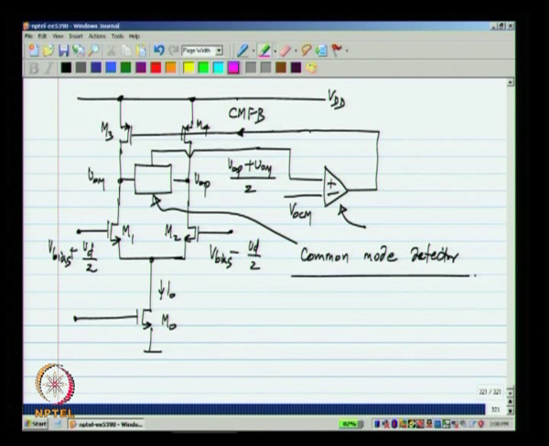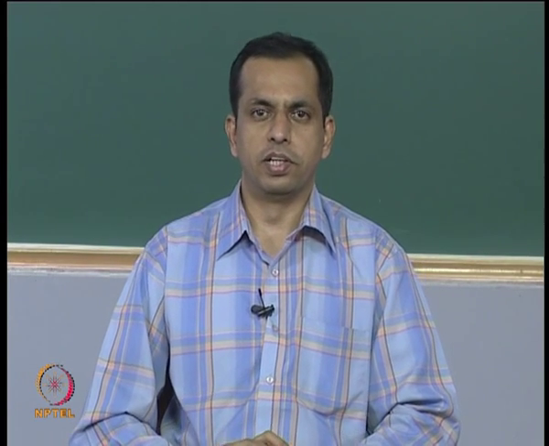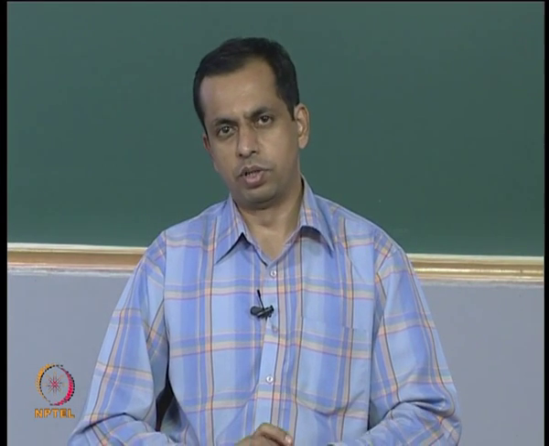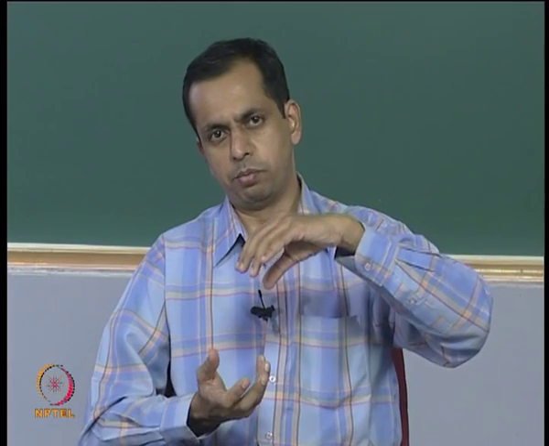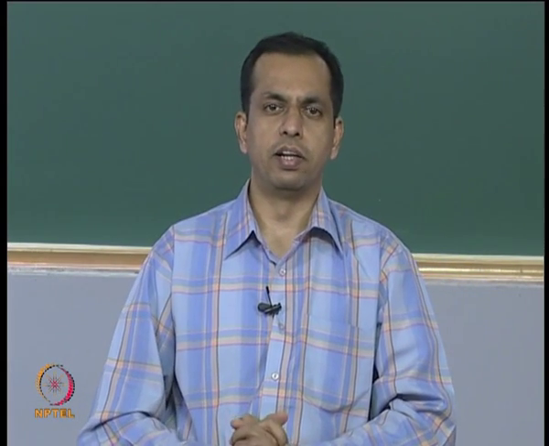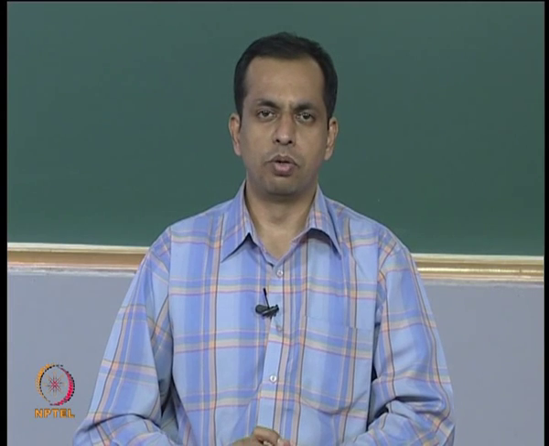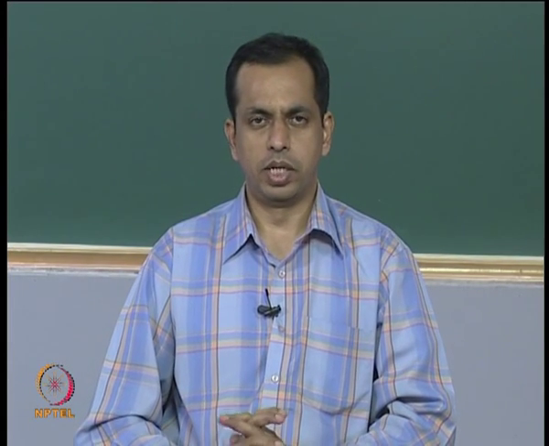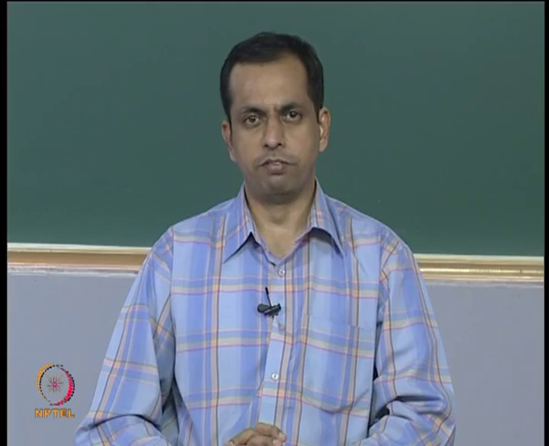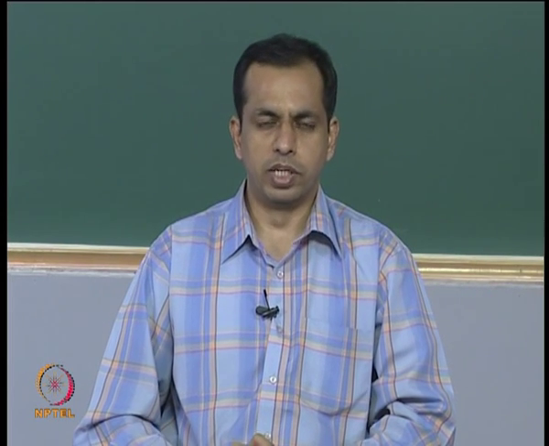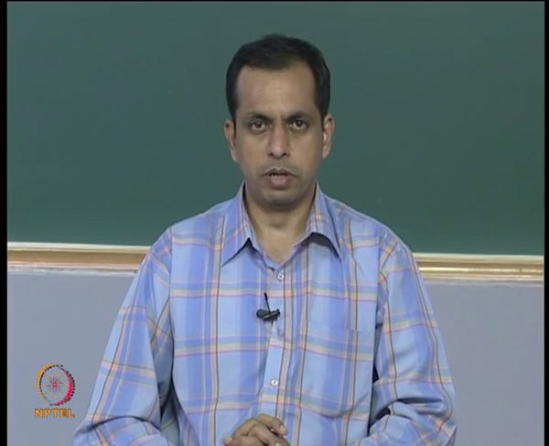So this is the general common mode feedback circuit. You need to have a common mode detector, so that you detect the actual output common mode voltage. You compare it with the desired common mode voltage VOCM and you control one of the current sources with it. In fully differential circuits, you will always have scenarios where you have some current source coming from the top and something coming from the bottom, and the two have to be made exactly equal. The way to do that is to control one of them using negative feedback. Now, we will see how to implement this negative feedback. There is a wide variety of common mode detectors as well as ways to close the feedback loop.